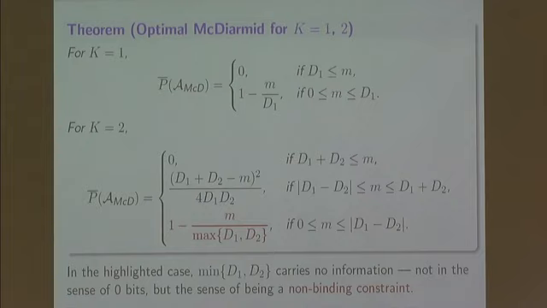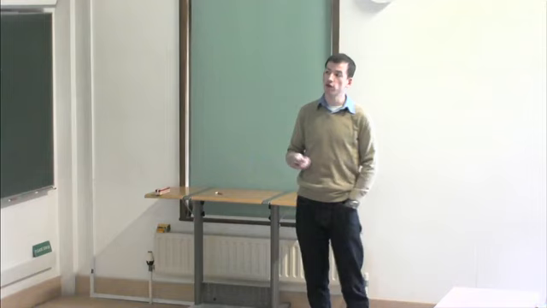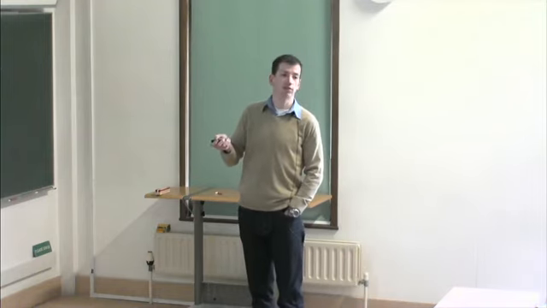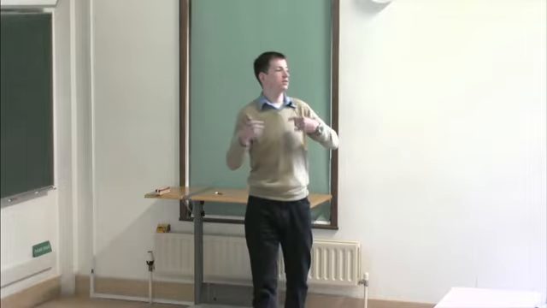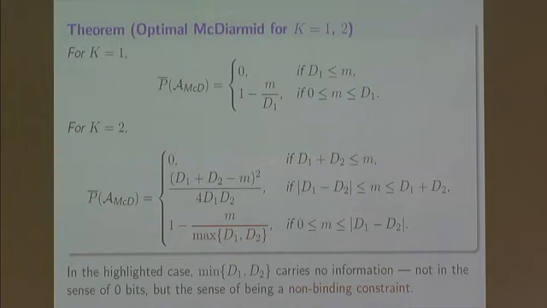And one of the interesting things that comes out is even in two input variables, you see an interesting expression in one of the cases. What's my worst case upper bound on the probability of, you know, getting to Manchester too late? It depends on the mean time. It depends on the bigger of the two sensitivities. It doesn't depend on the smaller. In other words, the minimum of these two parameter sensitivities, in this sense, carries no information. Not in a sense of having 0 bits of information, but in optimization theory terms, it's a non-binding constraint for this optimization problem.